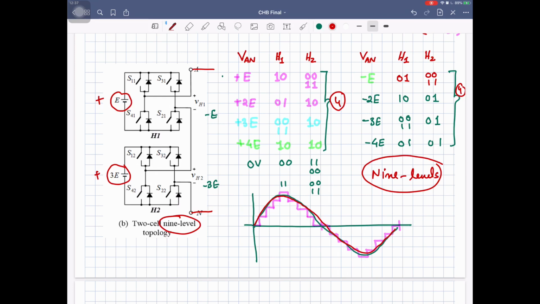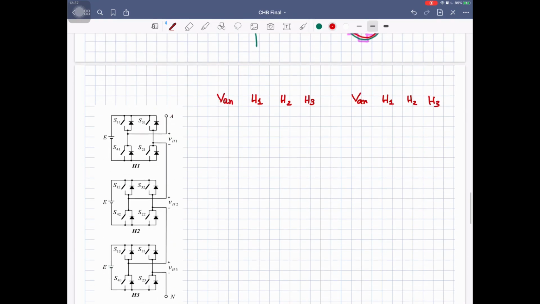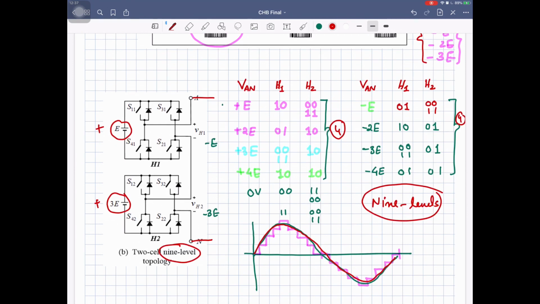So if we select the DC sources in an intelligent way, we can increase the number of voltage levels in the output voltage waveform. So now you must think about how many maximum levels we can get with the 2 H bridge circuits by selecting appropriate DC sources such that there is a step of V at the output. What do you mean by that? Let's suppose this is 0, this is V, then 2V, then 3V, then 4V. So if there is a step of V, what should be the DC levels over here to get the maximum steps in the output voltage waveform? Think about it.